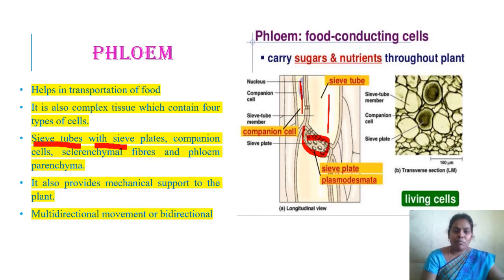If you observe the movement, here the movement is bidirectional. To understand that, leaves prepare food. You all know that. And this prepared food moves to all parts of the body in all directions, not only from up to down or down to up. The movement in the plants through the phloem is multidirectional or bidirectional. These food particles reach every cell of the plant in all directions through the phloem. Phloem is one vascular tissue.